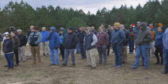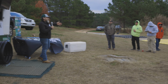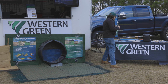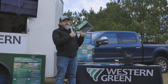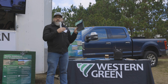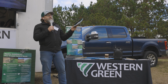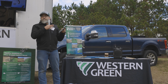So it's really just how long is it going to take for that site to stabilize before you get full vegetation stand. But then once those degrade, there is no extra protection. So if you're in a steep slope or a channel and you need more protection, that's when you move to a turf reinforcement mat, which is going to have synthetic fibers in it, but they're UV stabilized and they're made not to degrade. But this creates a stronger system that allows you to still have that vegetation instead of using rock riprap or concrete or some other hard armor system. So you're still getting vegetation to establish and creating that ecosystem that you want while you minimizing the use of